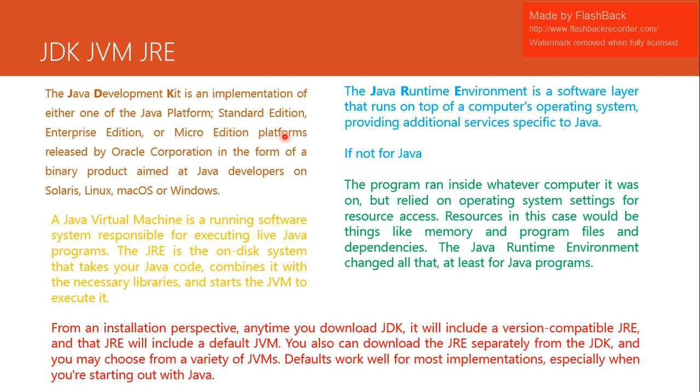Since different operating systems come with different architectures, it would be very difficult without a runtime environment for Java to process the same application on a Windows operating system and on a Mac operating system